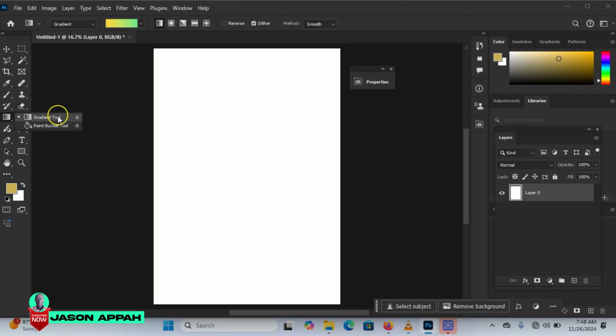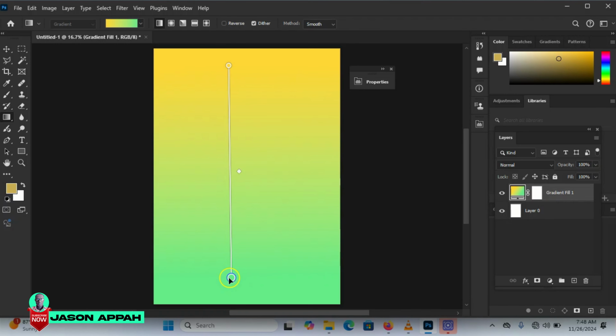You're going to click on Shift on the keyboard plus J. You can toggle between the gradient tool and the paint bucket tool. So let's pick the gradient tool. After picking, what we have to do is just click, then drag on the canvas to create your gradient. The gradient tool is basically to create smooth and gradual transition between two colors. So as you can see,